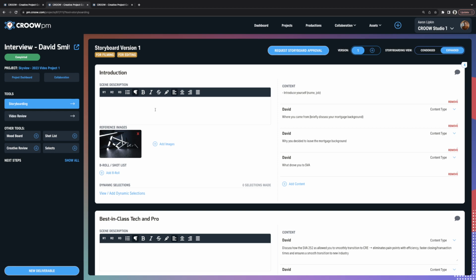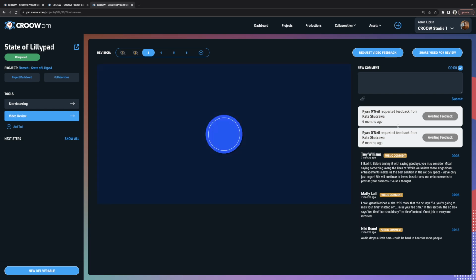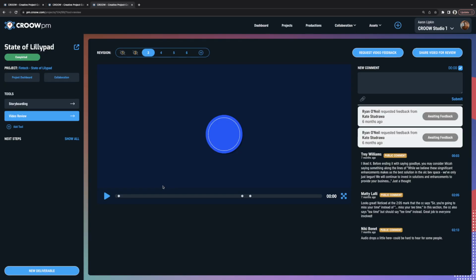Jumping to post-production, we also have our video review tool. If you've used something like Frame.io or Vimeo before, this will look very familiar to you. We do have version control, so you can go back through different versions. Commenters can leave comments on specific timestamps of the video as well. And then we also have the ability to share this out with a public link so that people can get that without having to create an account or anything, trying to keep it as easy as possible to gather that